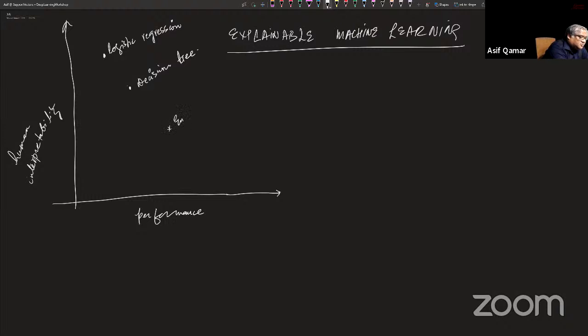You get the ensemble methods, random forest, boosting, XGBoost, etc. There are many of these. And so with all of these, you realize that what you lose is interpretability. Along the same line,